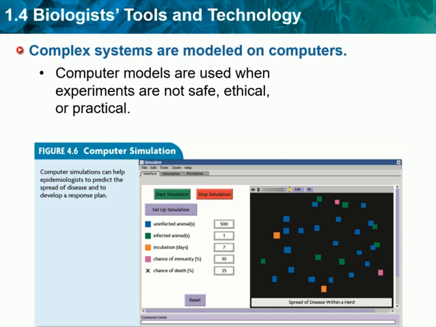Computer models also help biologists study complex systems on a much larger scale. Epidemiology, which is the study of how diseases spread, depends on computer models. For example, a computer model, like the one shown here, can predict how fast and how far a disease might spread through a herd of cattle. A model can calculate the number of cattle who might get sick and suggest where the disease could spread to